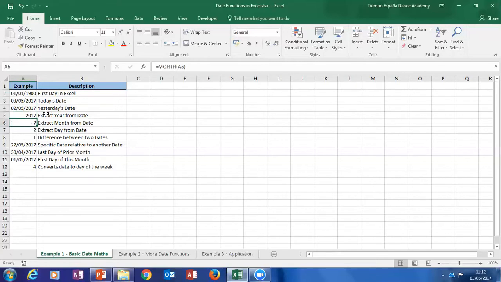Similarly, if I type in month and then take the same sort of idea again, then it's going to give me just the month from that date, but it's going to give you the month in terms of a number, and then we can see the day, extract day from date. If we say the day function of the same date, then it's going to give you just the day from that date. So it's fairly easy to extract any of these parts based on the function that you provide. If you then want to do the difference between two dates,